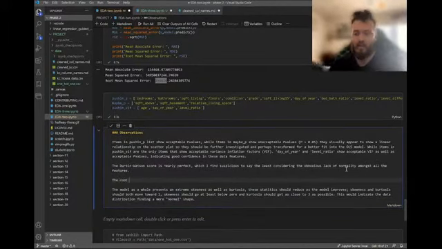The root mean squared error is astronomical,